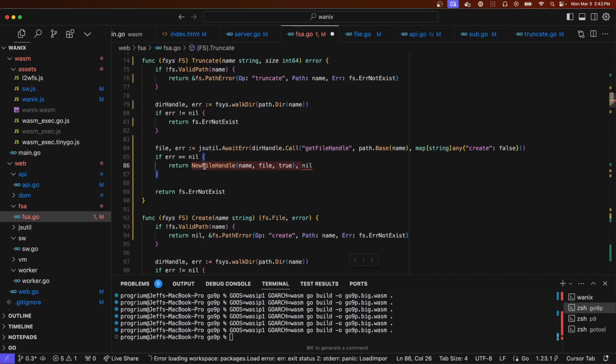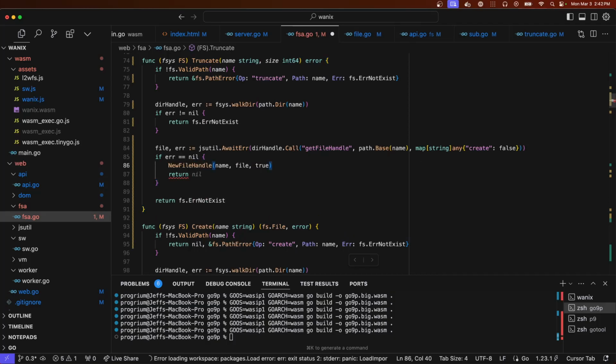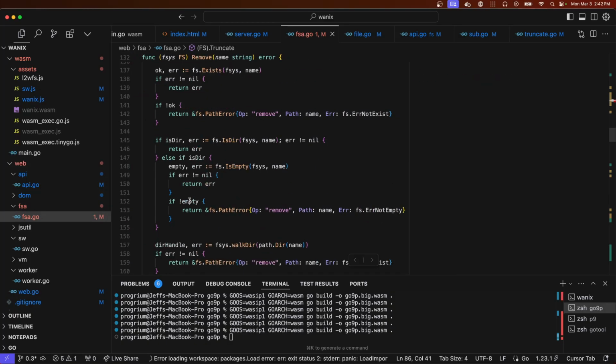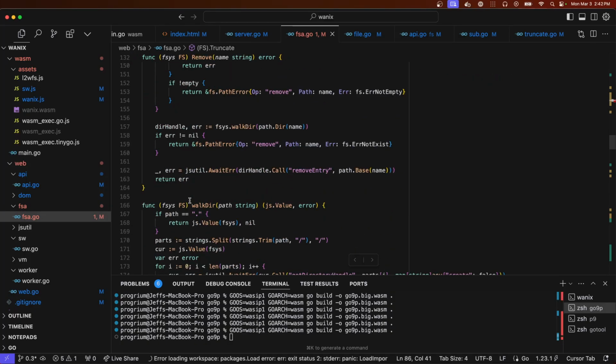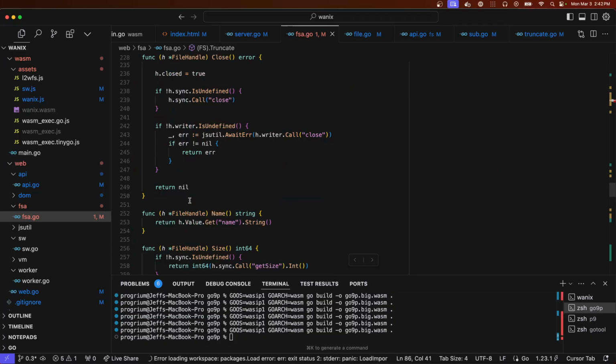So it's on file handle that we can call truncate. File handle.